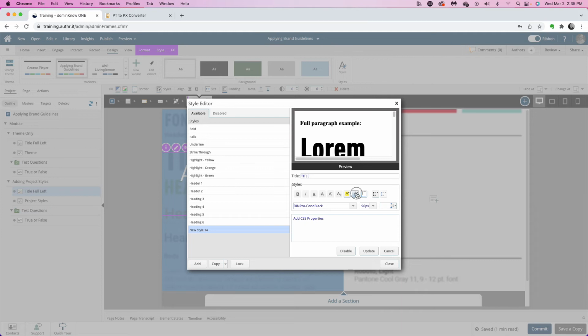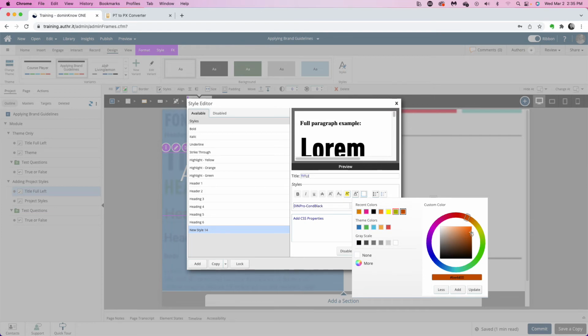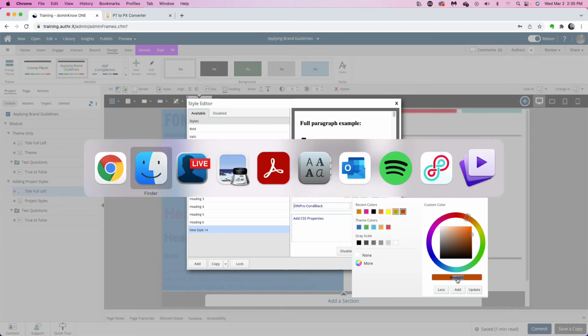Boom. Now we need our color in there, which is that gray. So this is something that whenever you look at any of our color pickers, you're going to get a color picker dialog box like this. Come down here to more and you'll get the custom color wheel. Right underneath it is a place where you can add your hex codes. And so this is where you can go ahead and type in the hex code that you get from converting a Pantone color into a regular